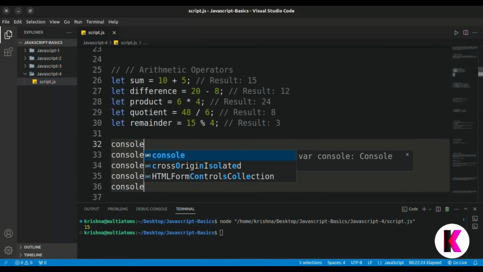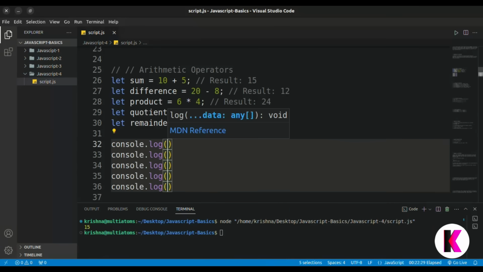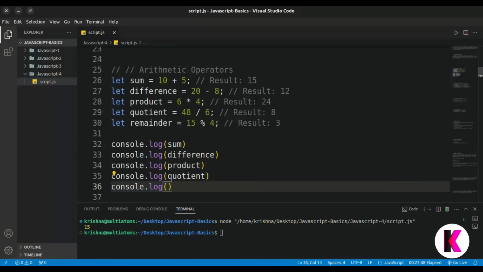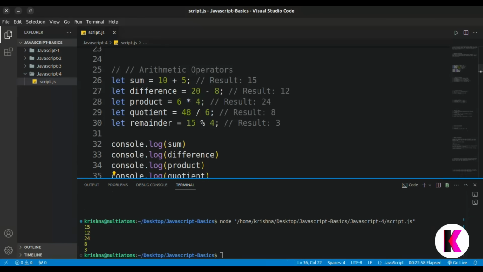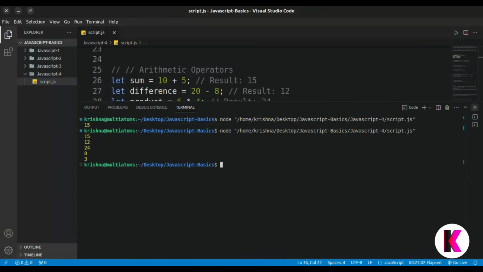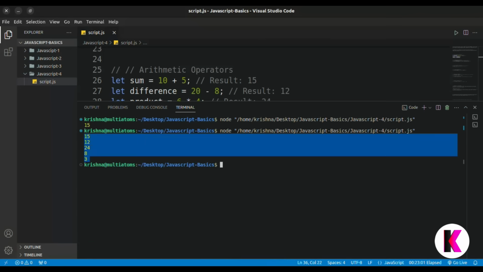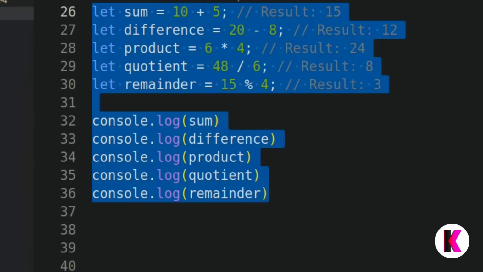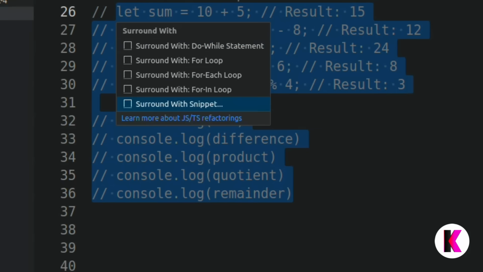Just write console.log and sum. In this we can write difference, product, quotient, and remainder. If we run this program, 15, 12, 24, 8 and 3, the same output is coming as we know before. So let's move to the next operators.